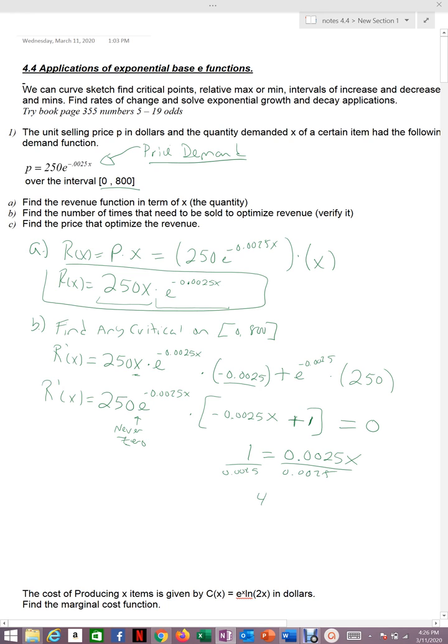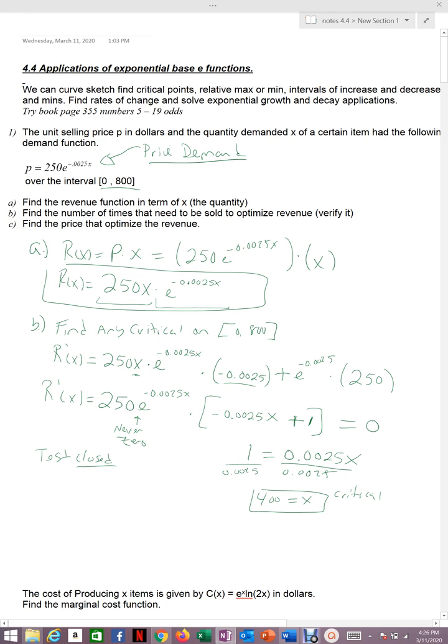And that's going to leave me 400. Alright, so my critical value, that's my critical. It lands in my domain, so I'll keep it. And so remember, the test, because it's the closed case, right, is to input my endpoints and my critical values